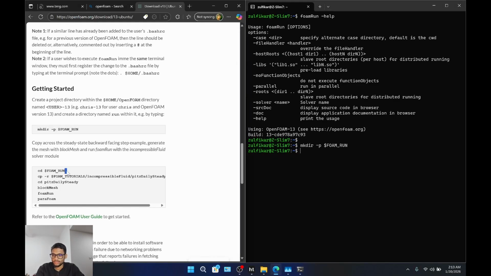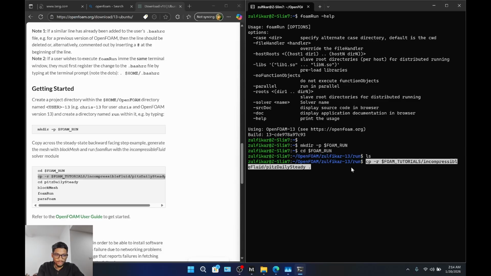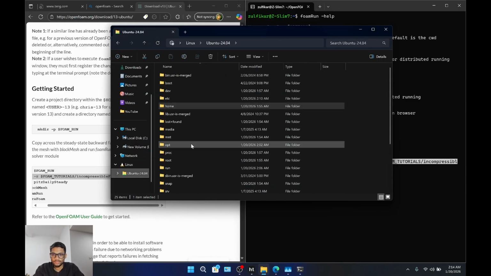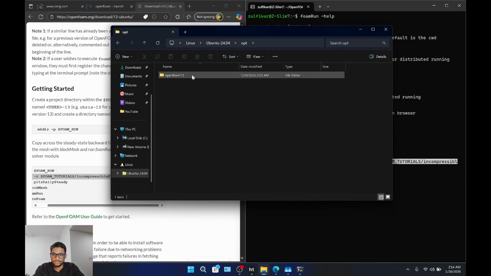So now the next command, cd foam run. Right now I am in the base directory, and when I do this, I am actually going to go to home, Zulfikar, OpenFOAM, run. Right now it's empty. Let me show you, ls, there is nothing inside. So what I'm going to do is copy this command and paste. This command says copy from foam tutorials, incompressible fluid, and pitzDaily. So I'm copying this file over here, and